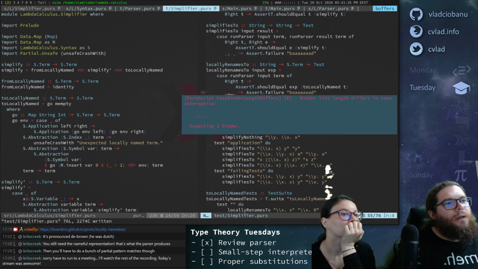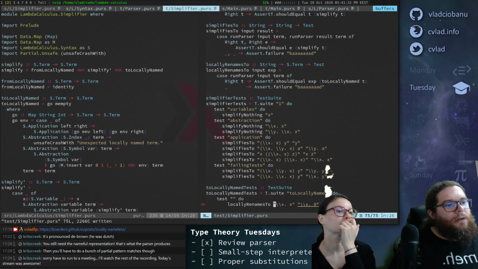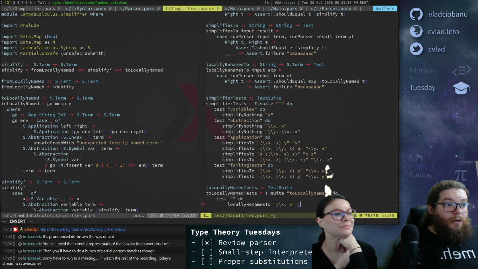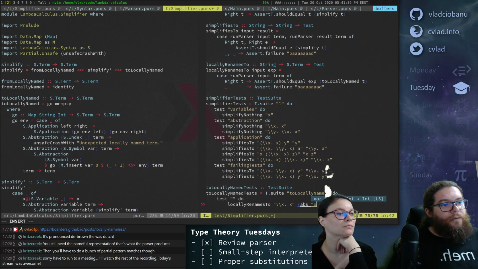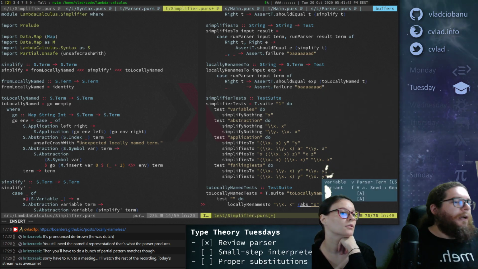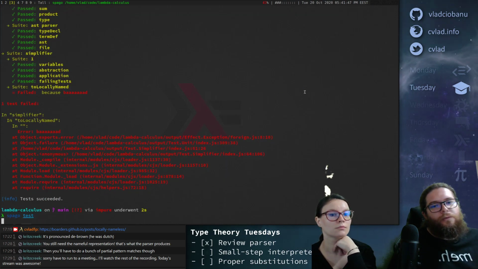Okay, and then this is a problem, and this should be something like abstraction of x, yes, and then we can do var 0 because var is just a silly constructor, so it should work.